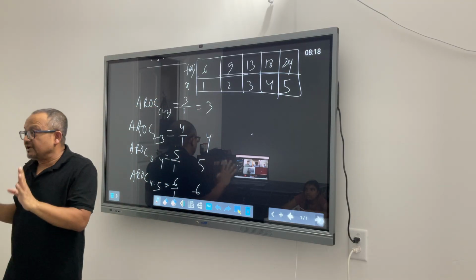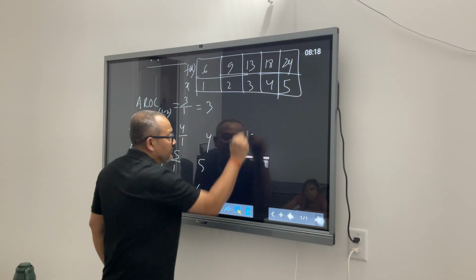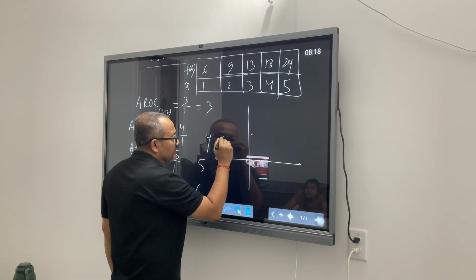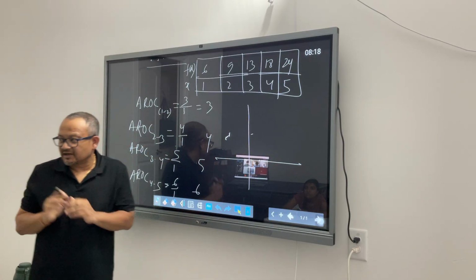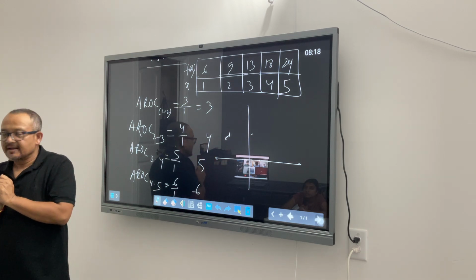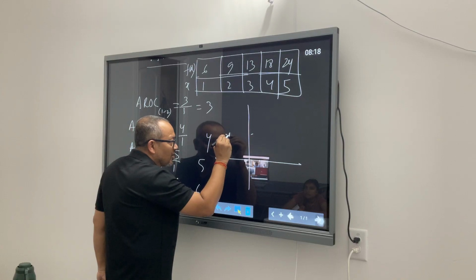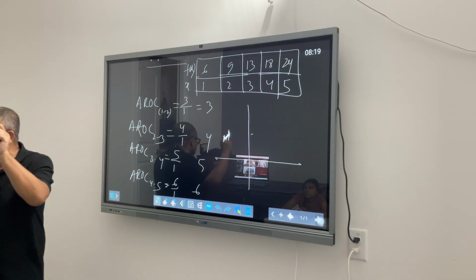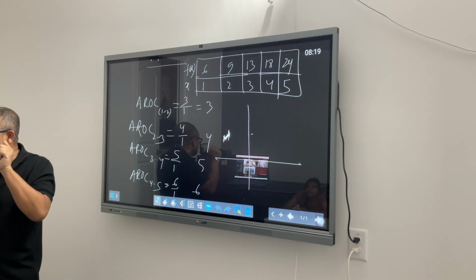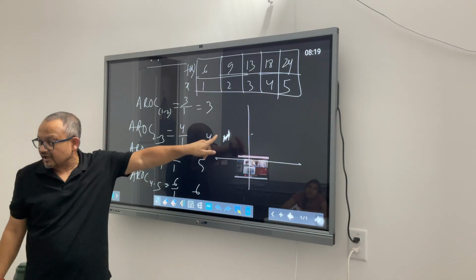What is average rate of change? Average rate of change is nothing but, let's say if my 2 points are so very close that it looks like a straight line. If I am saying my average rate of change is less or more, it is nothing but my slope. If I treat these 2 points and I am drawing a line between them, my average rate of change tells me the slope of that line.